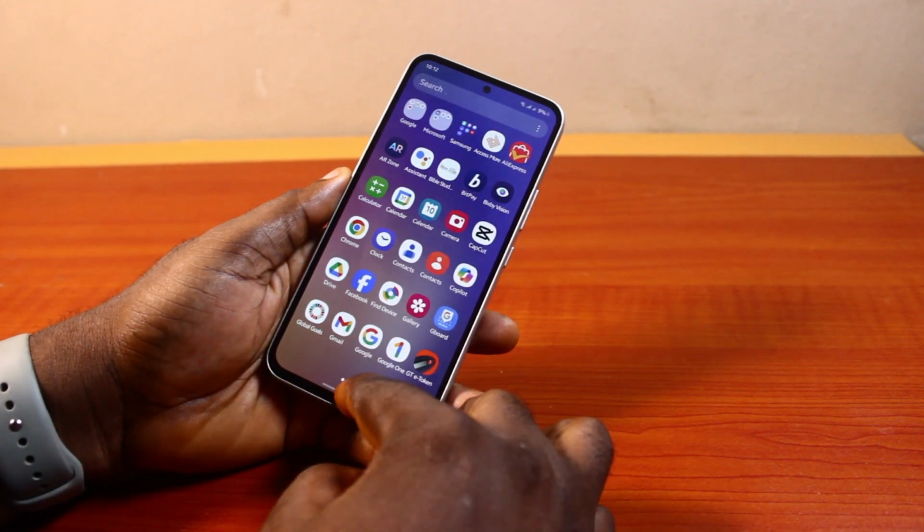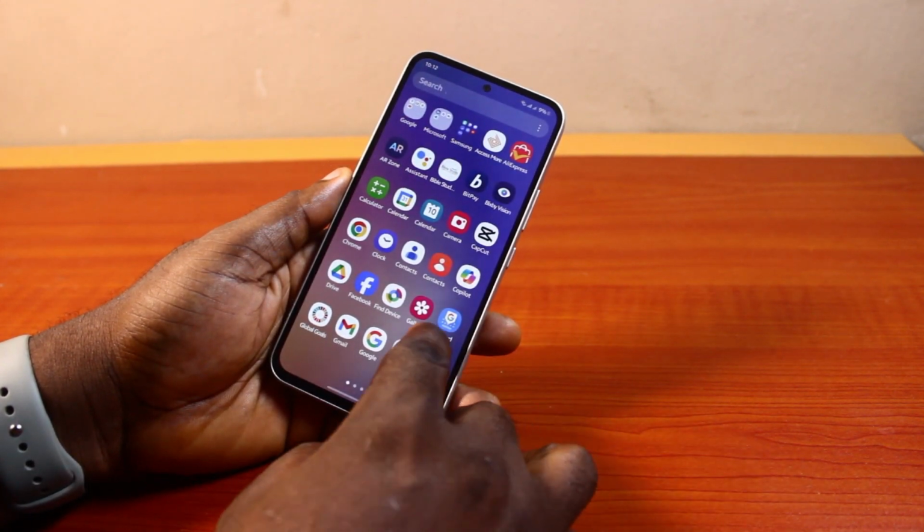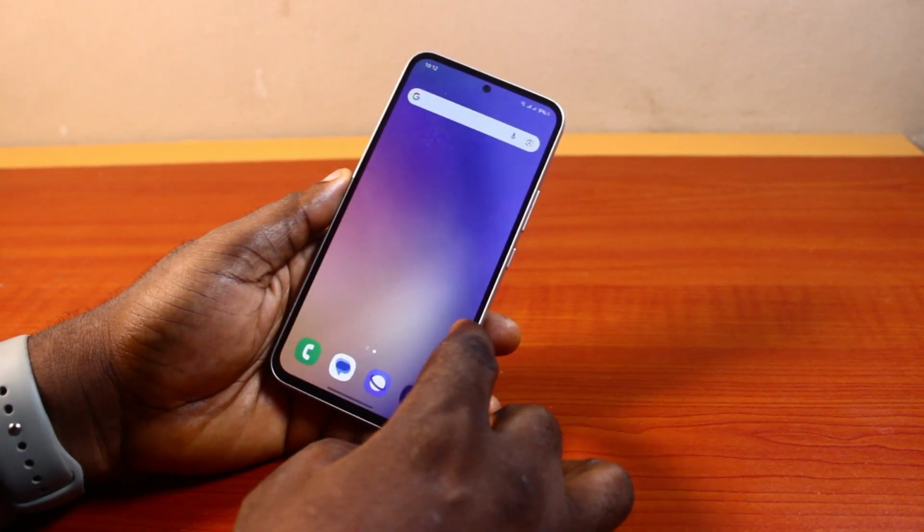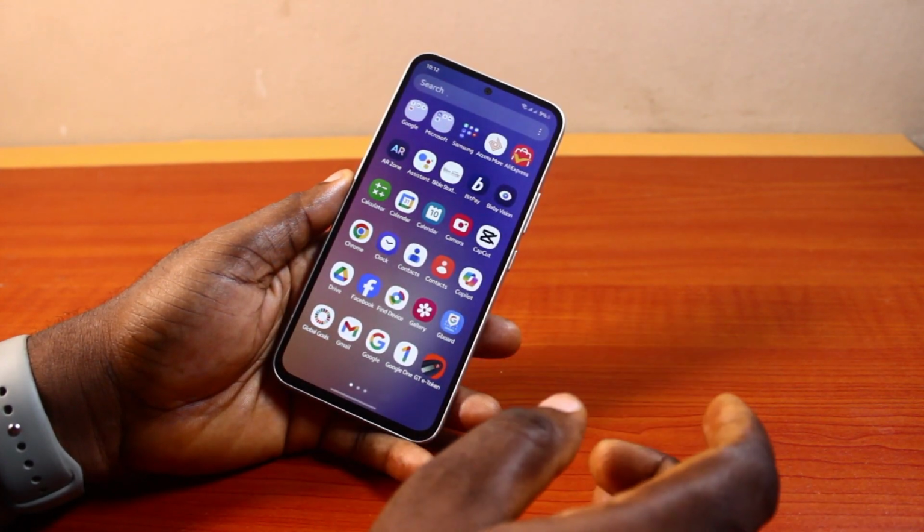So if you're using this gesture button as your back, menu, and then the home button in your Samsung Galaxy phone, now this video is going to walk you through how you can easily change the gesture button on your